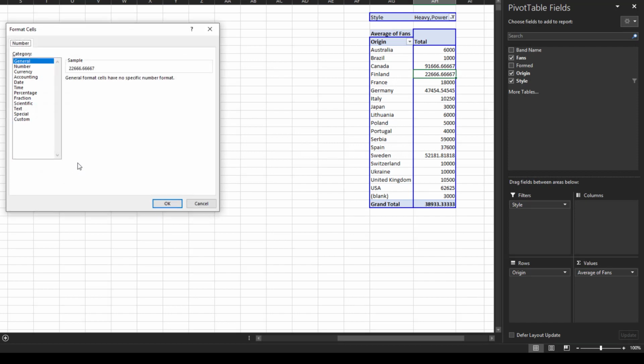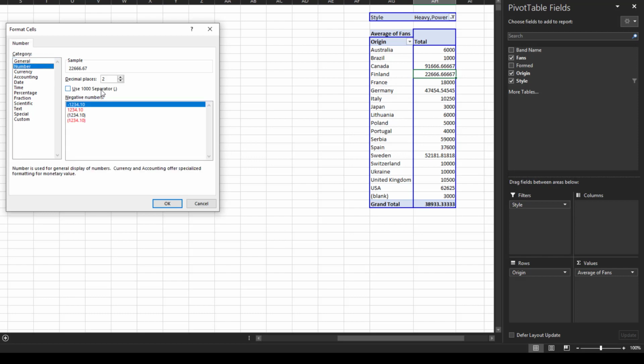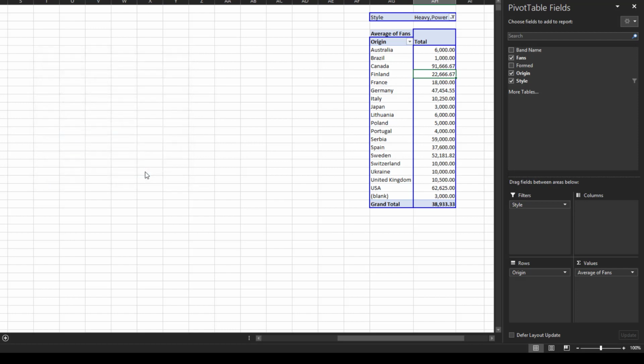You'll have many options to choose from. You have General, Number, Currency, Accounting, Date, Time, Percentage, Fraction, Scientific, Text, Special, Custom. Since we're working with numbers, we'll select Number. Let's keep it at 2 numbers to the right of the decimal, and let's check the box Use Thousand Separator. Since our values have no negative numbers, we'll leave it at the default setting. Click OK. Then click OK again. And now your numbers are in a more consistent format with commas as separators and 2 digits to the right